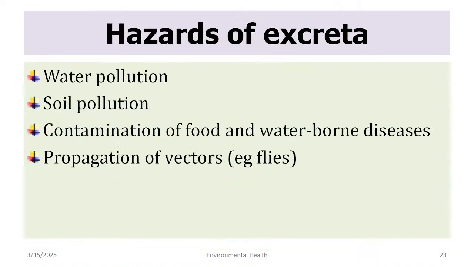So why should we safely dispose of human excreta? Because it may cause a lot of pollution in water and in soil. It can contaminate food directly at a smaller scale. It can be important for propagation of certain vectors, the flies especially, because flies like organic matter. It will not use simple water, but the contaminated water is a food for flies especially. Then there are other vectors which lay eggs in contaminated water because the larvae get food from there, and from there these larvae can become vectors for us humans.